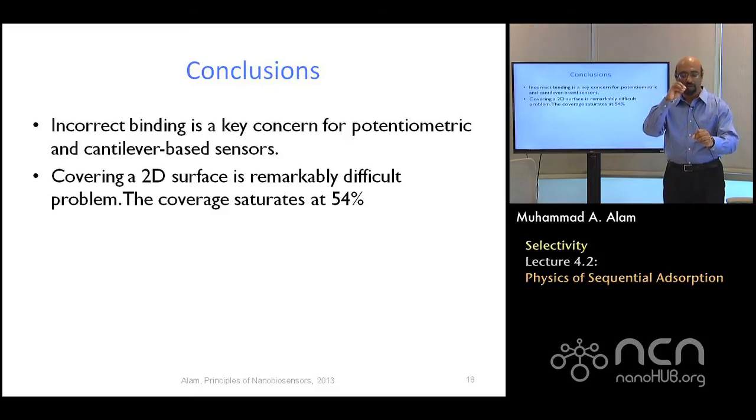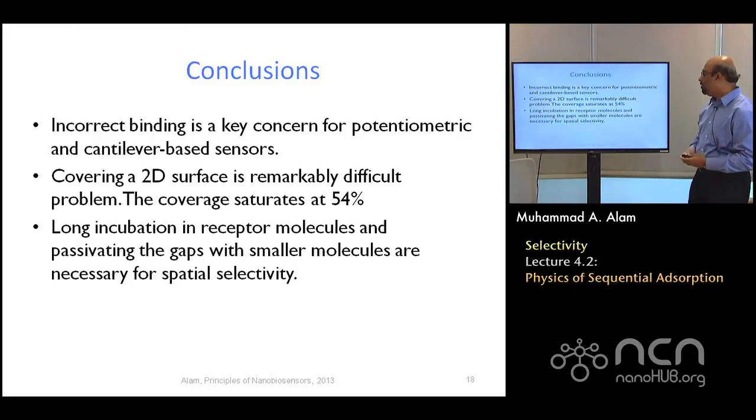And the diffusion, of course, will try to land once. If it cannot land in the right place, it will go out in the fluid again and then try to diffuse and find another spot. So it's like a person blindly trying to find a parking spot and repeatedly getting hit by other pre-existing cars in the parking lot. And so it takes a very long time, especially towards the end, as you're reaching the 54% limit, to essentially find a place and get towards the saturation limit. So this is why it's very important to do long incubation time.